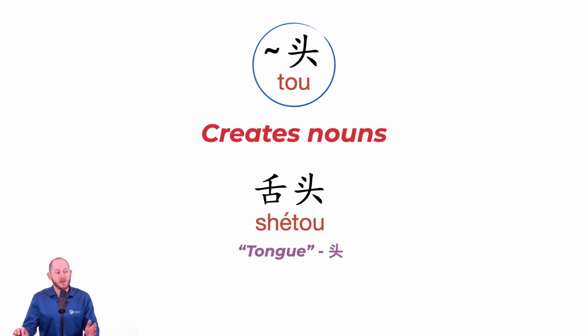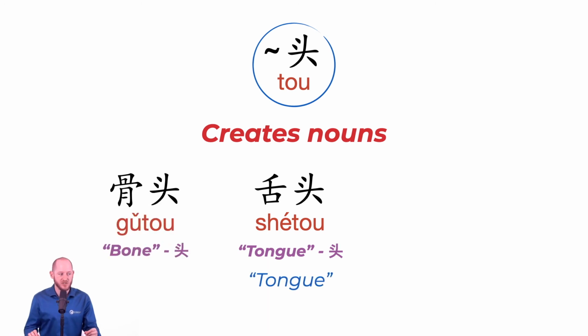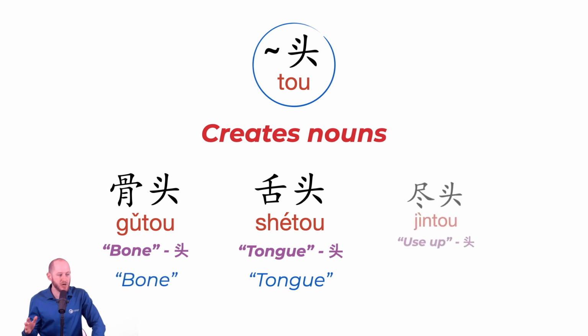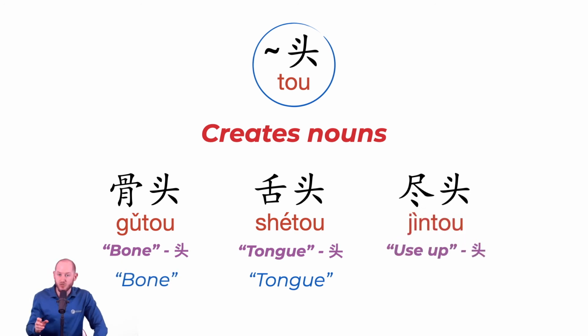So by itself, this character is usually pronounced tóu, and it means head. When it's a suffix, it does not mean head. So a good example here, 舌头, 舌头. This means tongue. It's just the word for tongue. As soon as you add something more specific, you say 舌尖, meaning the tip of your tongue. You drop the tou. 骨头. Bone plus tou means bone in general. But again, as soon as you want to say that it's your 胯骨, your hip bone, then you drop the tou.